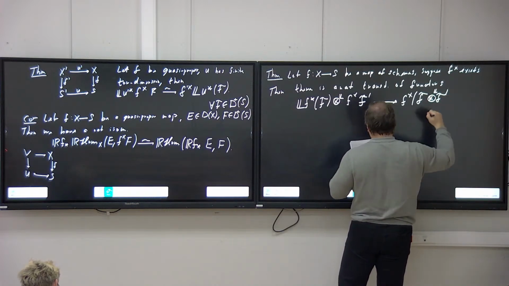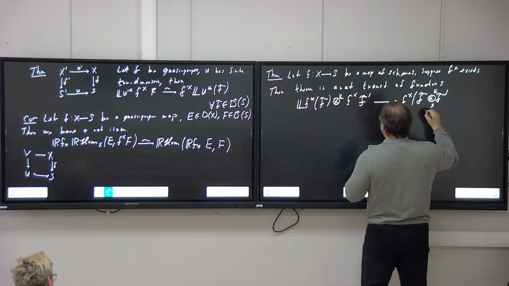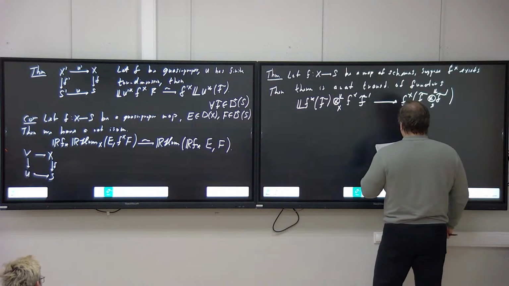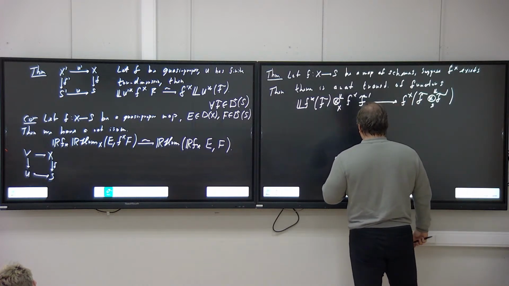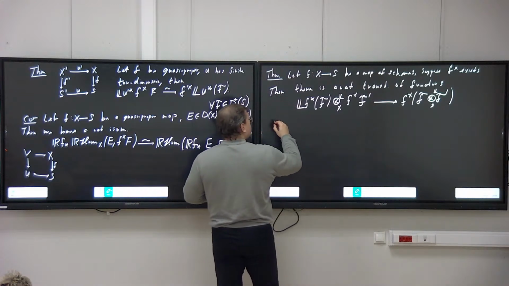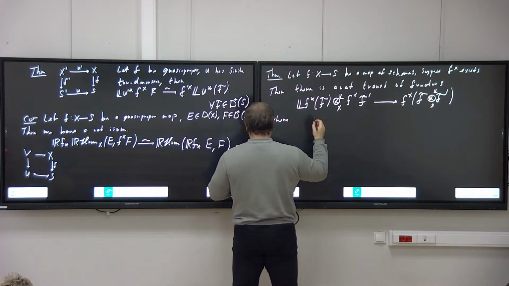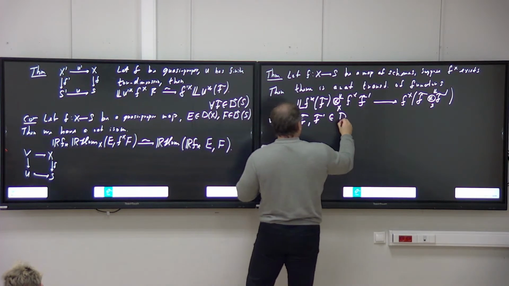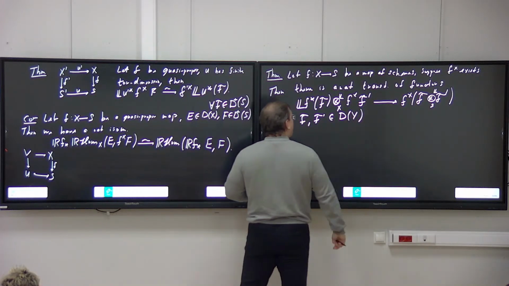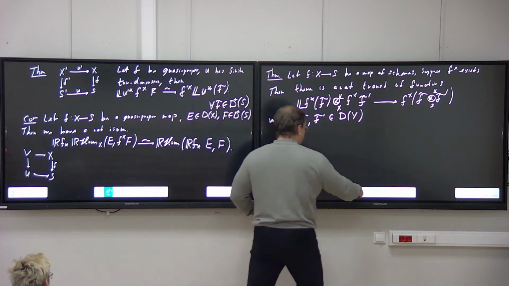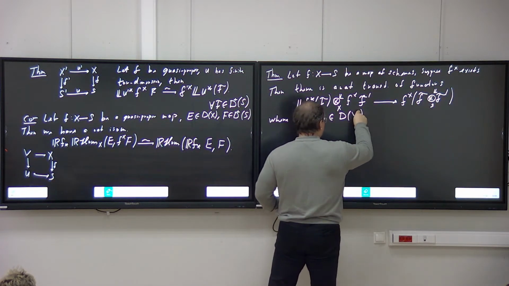So there's a natural transformation like this, where F and F prime are in the derived category of the Y, and I also need to assume that